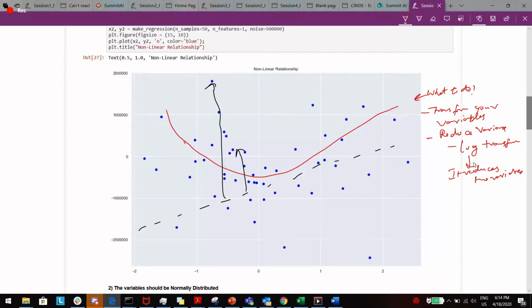In reality, nothing is a linear relationship, trust me, except for the textbook examples and the straight line equations which we know. Nothing can be linear in reality. Everything is an approximation to linear, the same way we say everything is an approximation to normal distribution, and nothing is perfectly normal. Any questions with this nonlinear relationship?